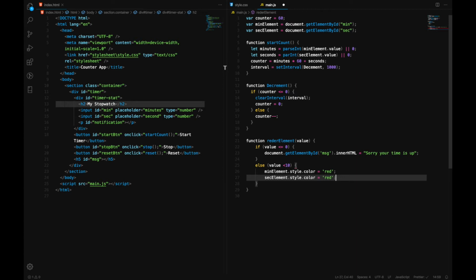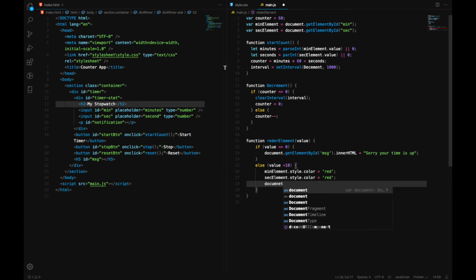So now we can also display a certain message, like a hurry up message inside our message tag, and we can also append it, or for now we will just use innerHTML. document.getElementById, which is message, and then innerHTML, and add some innerHTML like it's